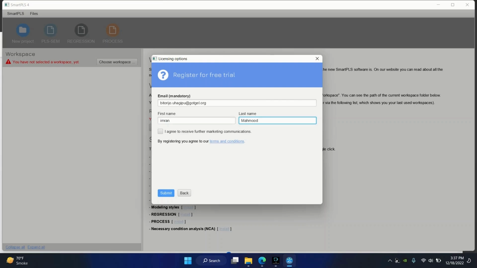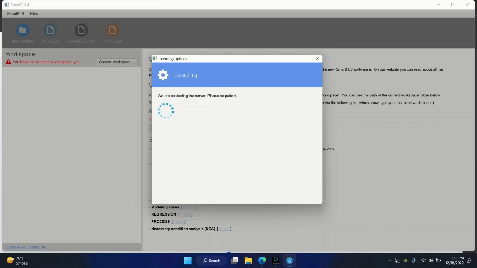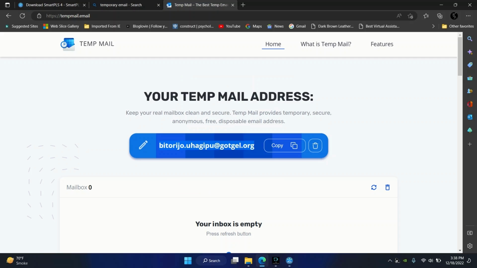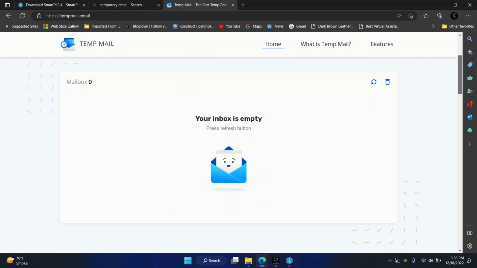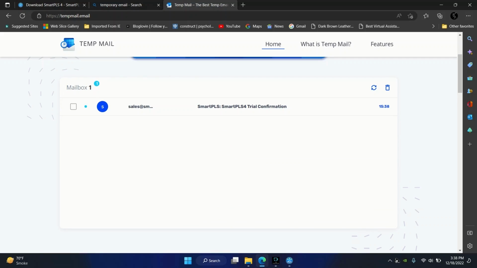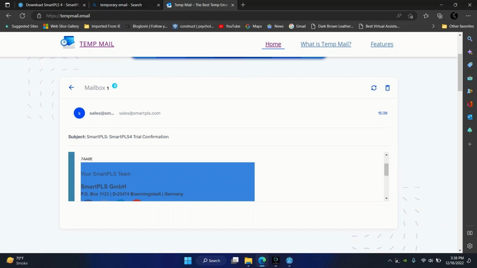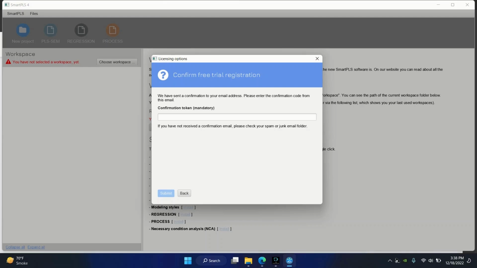and then if you want to, you can agree to receive further marketing emails. If you don't want to, don't click on it. Then press the submit button. Now refer to your email, and you will have an email in your inbox with a token. Let me show you the token here, this weird number. Copy this and paste it over